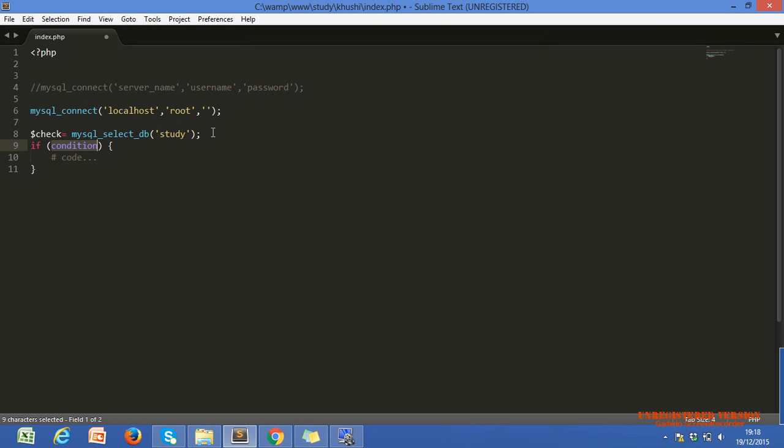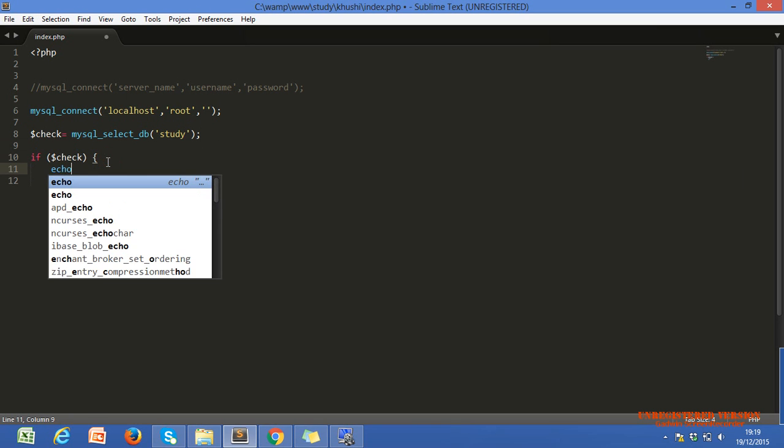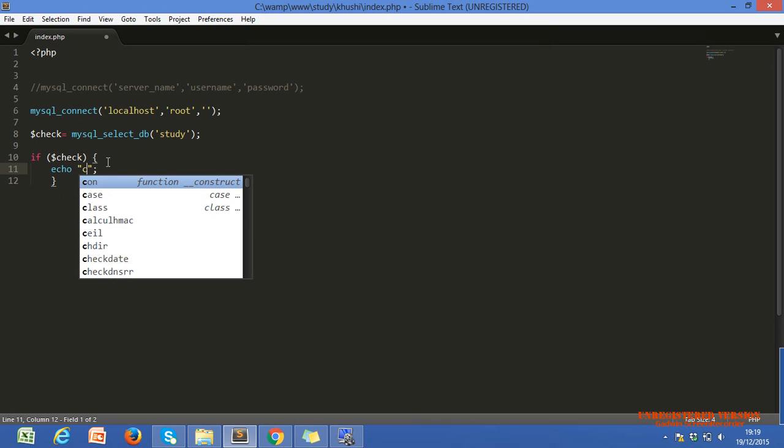Within an if condition I set our user defined variable and echo connected.